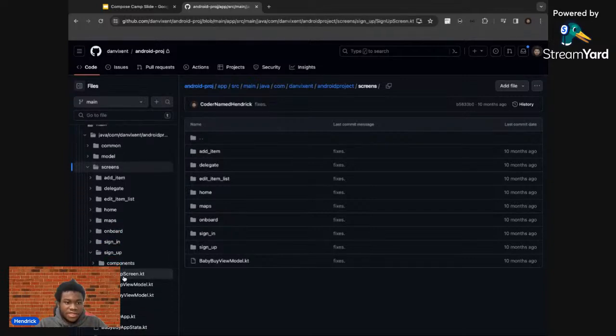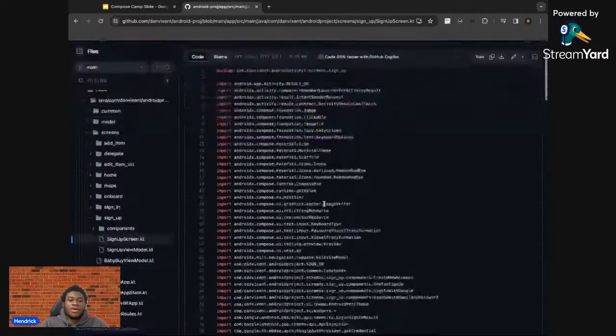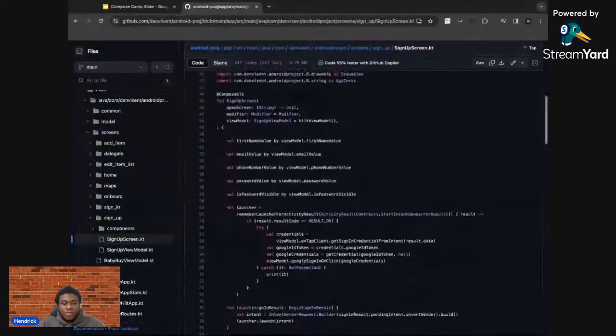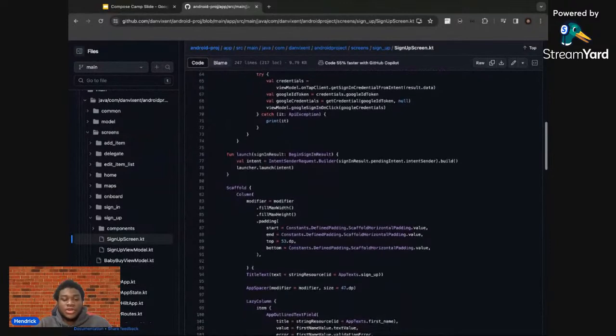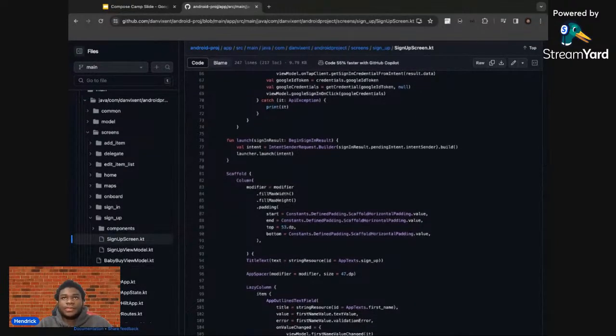I have sign up screens, and what Jetpack Compose allows you to do, like I mentioned earlier, is to write your UI as code.